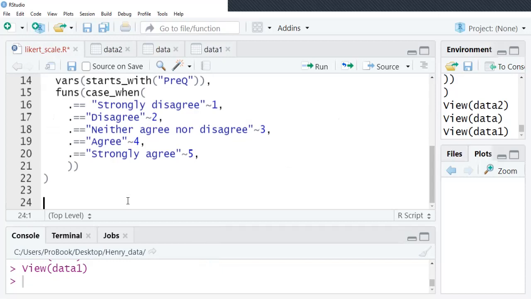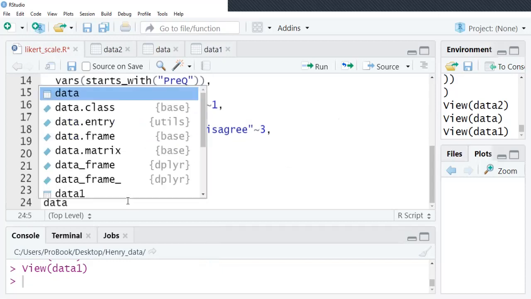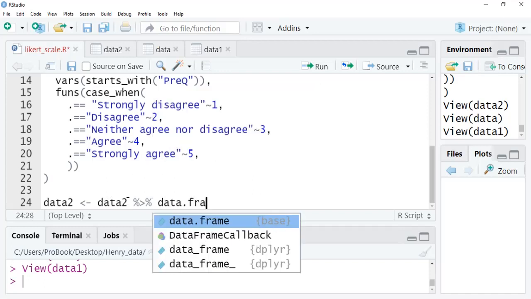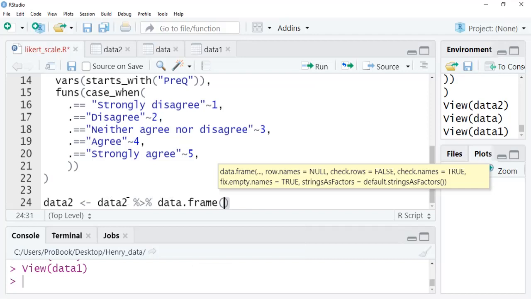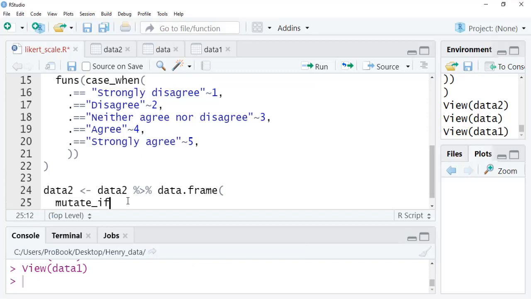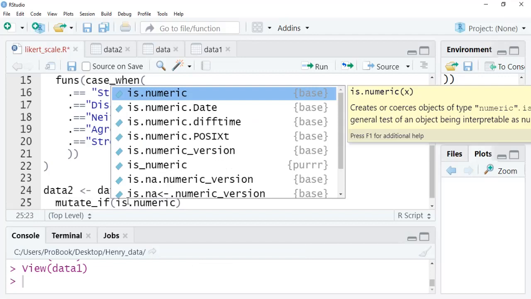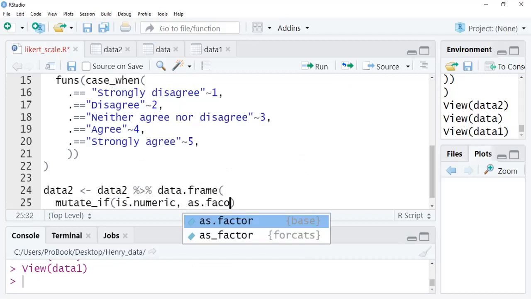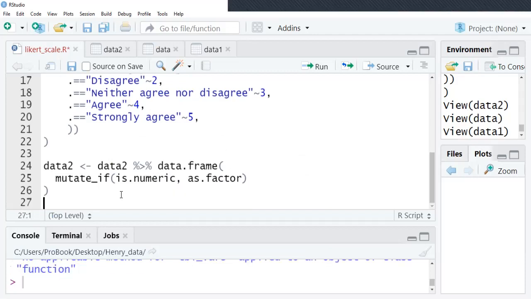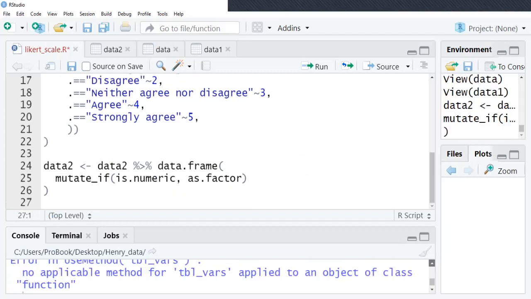So I'll be forced again to convert my data, using the pipe. I say, first of all, I want it to be a data frame. Then after that, I'm going to mutate_if is.numeric, I want to make it a factor. So data 2, you can check through, you realize that it shows that that data is